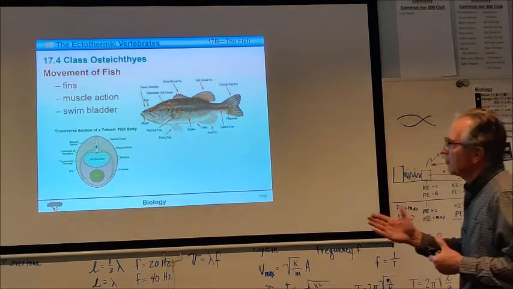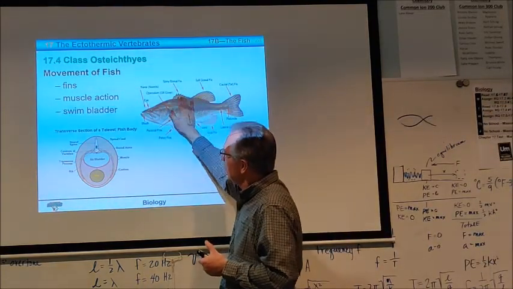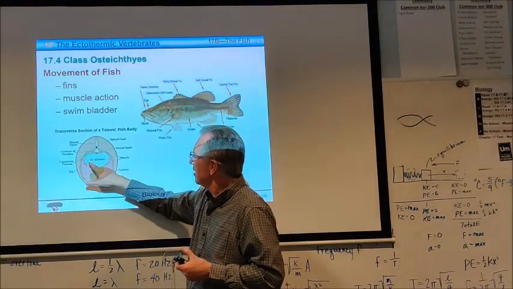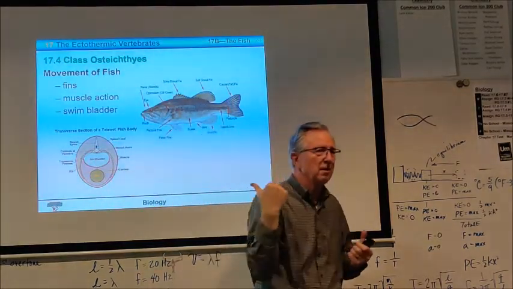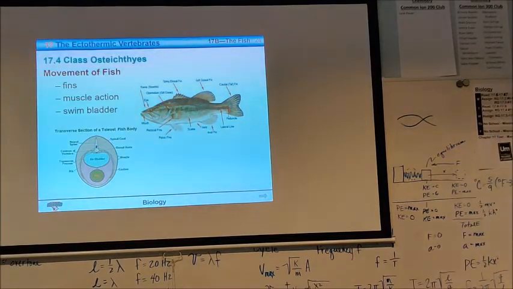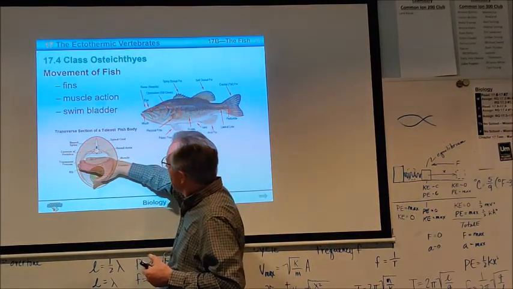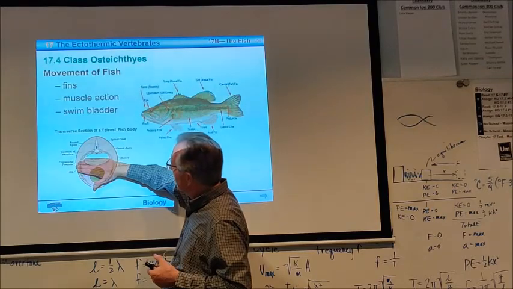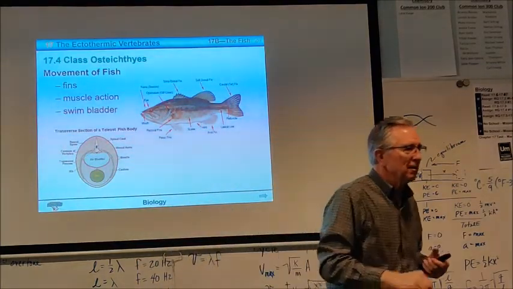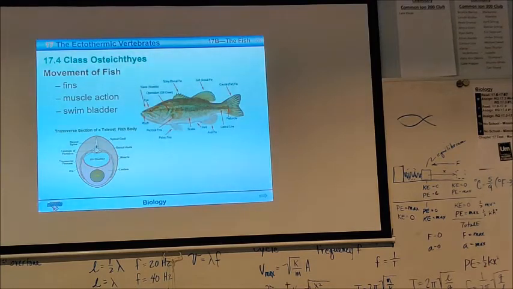Now, in order for them to swim upright like you typically see fish, they have a swim bladder. It's not always quite this big as it shows right there. If you've ever cleaned a fish, taken the insides out of the fish, you can see the swim bladder. It's up close to the backbone, right underneath the backbone. Most of the fish I've ever fished with probably have only a swim bladder about that size. It's right up against a very thin membrane over it, and it's filled with gas. Okay,